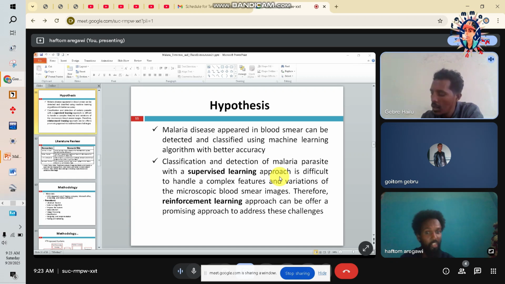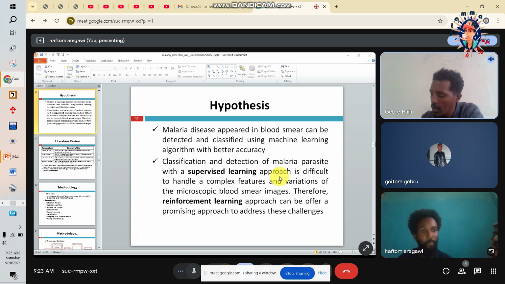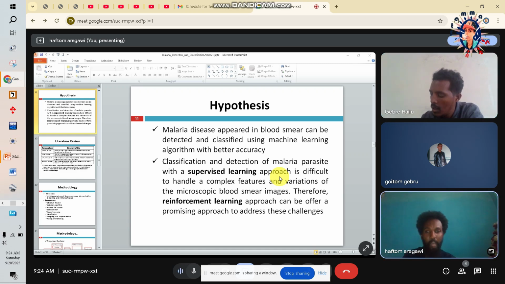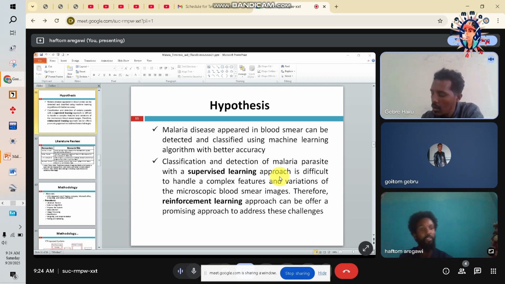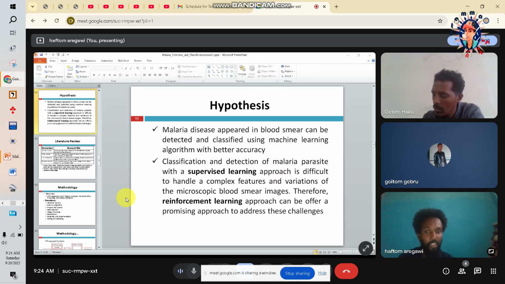Classification and detection of malaria parasite with a supervised learning approach is very difficult for handling complex features. Therefore, a reinforcement learning approach offers a promising way to address these challenges. We argue and we formulate these models. However, our hypothesis on selecting the reinforcement learning algorithm somehow fails, basically because in the medical process, learning is very critical, because reinforcement learning involves a very difficult and complex formulation of information. So instead of